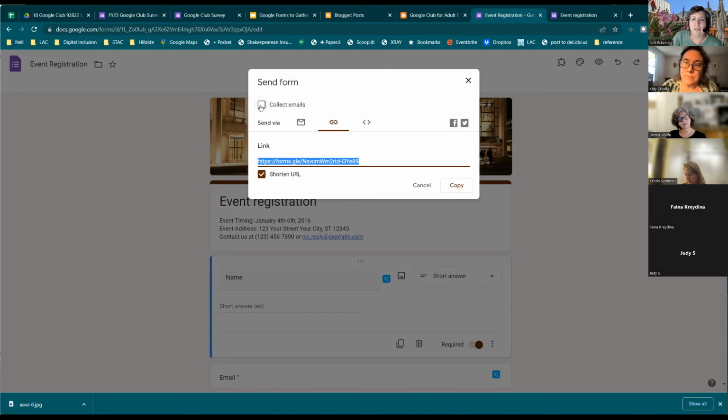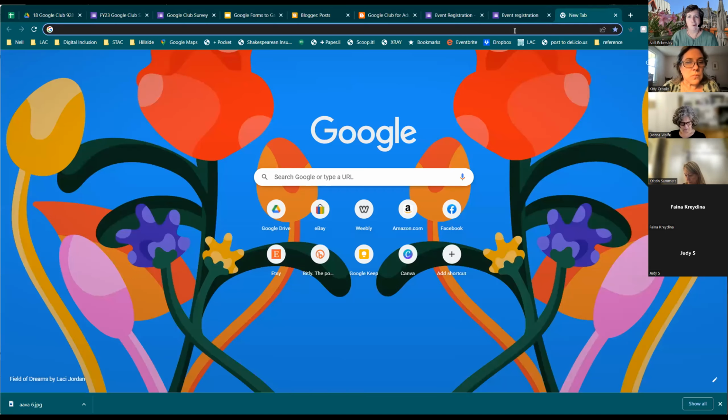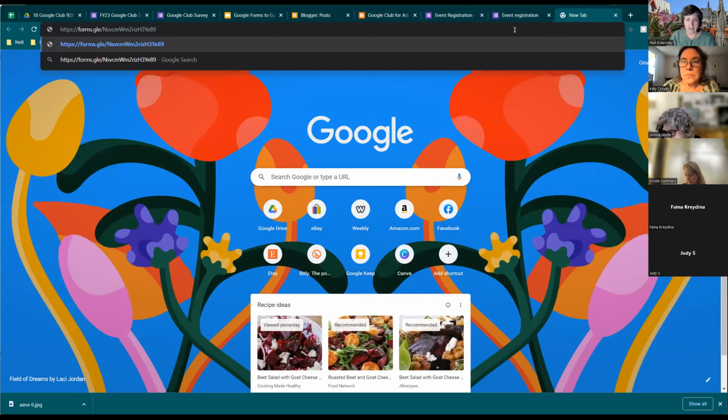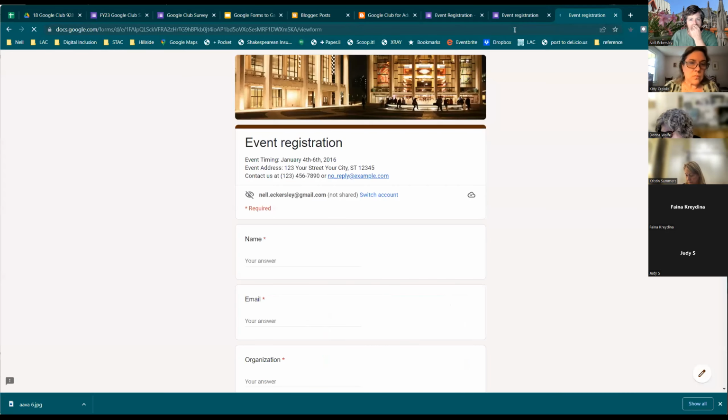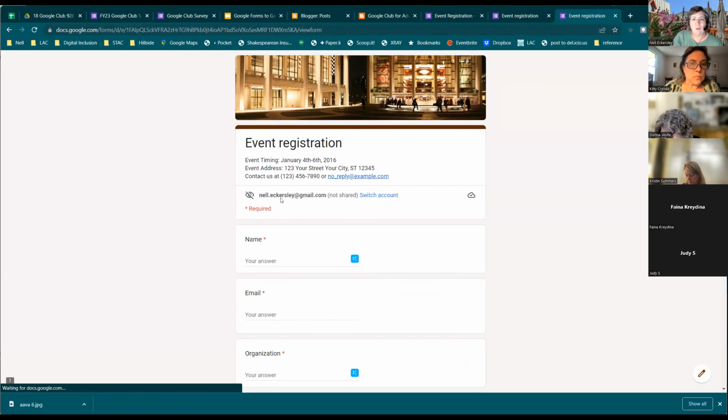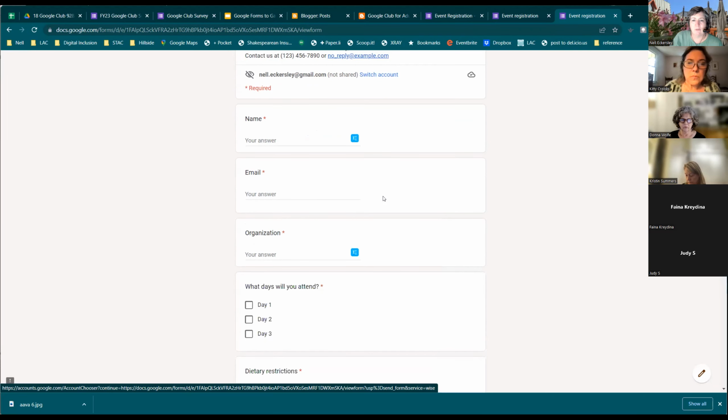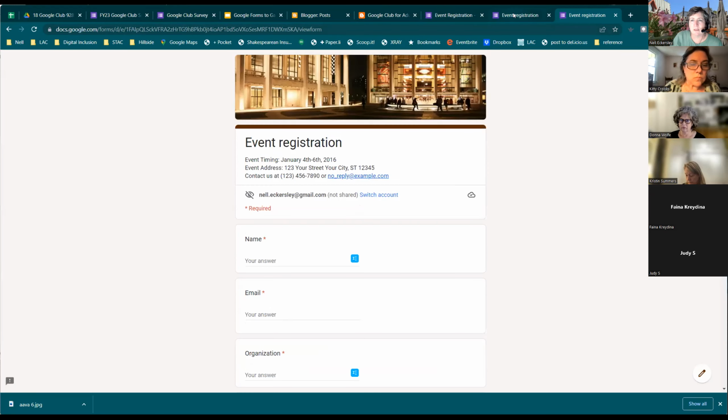So let's see. If I click on collect emails and I go to this link, I'm going to copy it and go up here and let's see if it lets me. So it certainly has me already in here because I'm already logged in. I don't know what would happen if I wasn't logged in. And I think that in the responses,